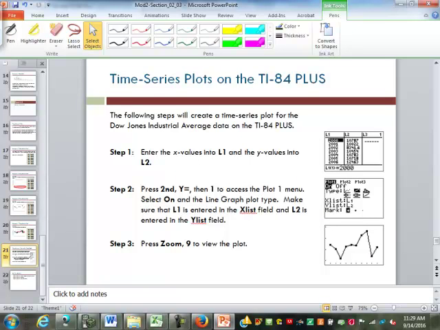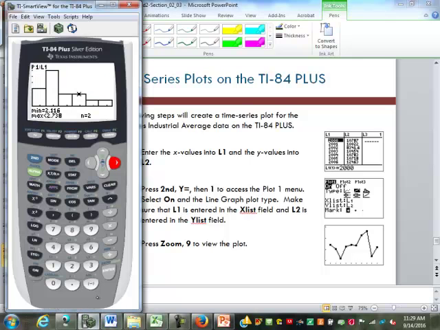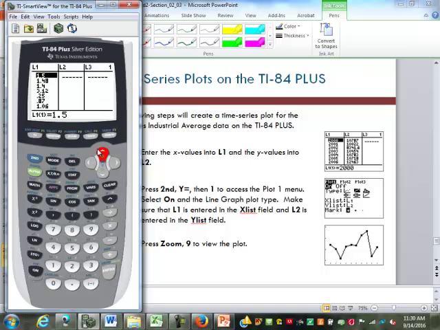On the TI, to make a line graph, we put in our years in L1. I'll go to the TI here quick. Go to Stat, Edit, and Edit again. Go up and hit Clear, Enter to clear out L1. So I'll put in 2000, 2001, 2002, 2003. That's as far as I'm going to go here for our example. Arrow over to the L2. I'm going to put in the